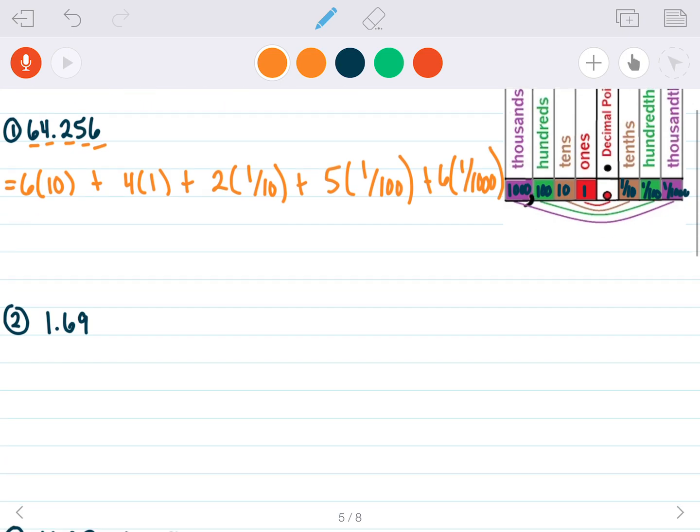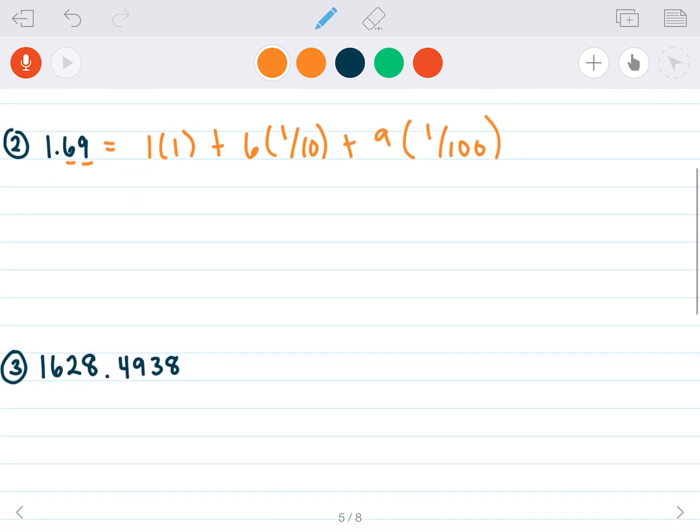Let's do the next one. So we have 1 in the ones place, so 1 plus 6 tenths plus 9 hundredths. Okay. All right. This time we have